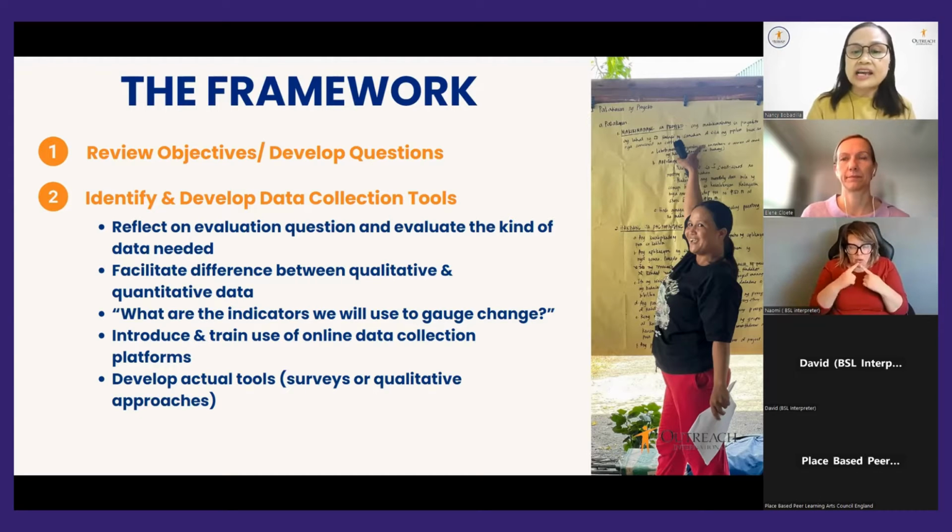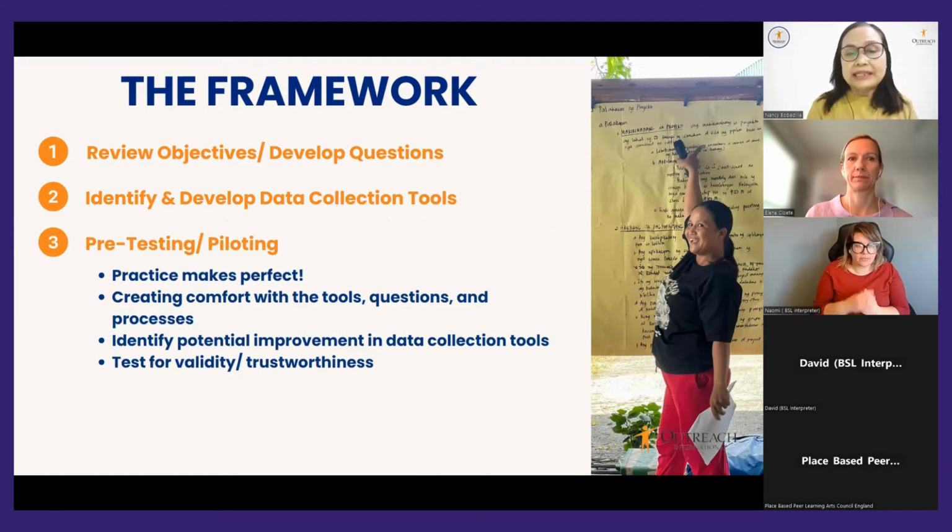And this stage will also involve training, in case you are using online platforms like Kobo Toolbox or Qualtrics or SurveyMonkey. So if communities do not feel comfortable yet using this platform, this is the stage where you will also facilitate this kind of training.